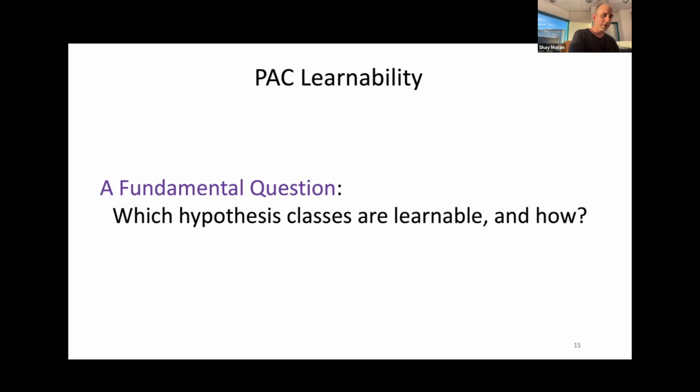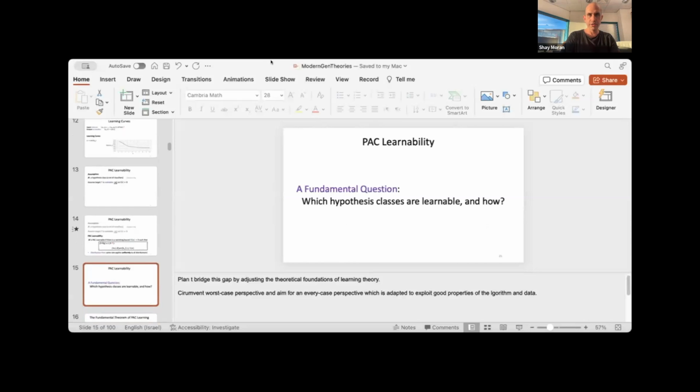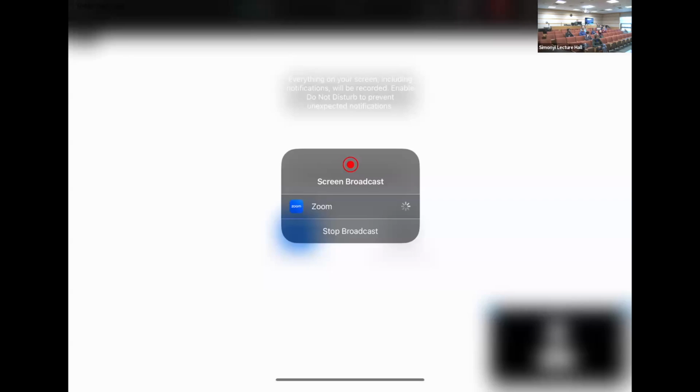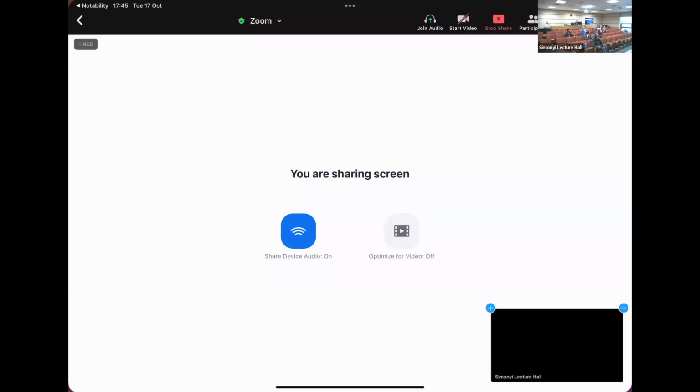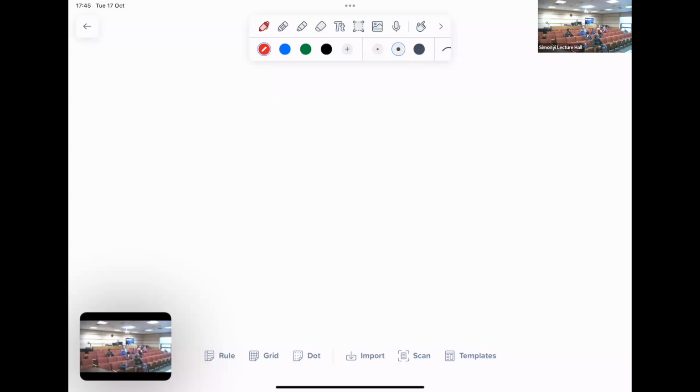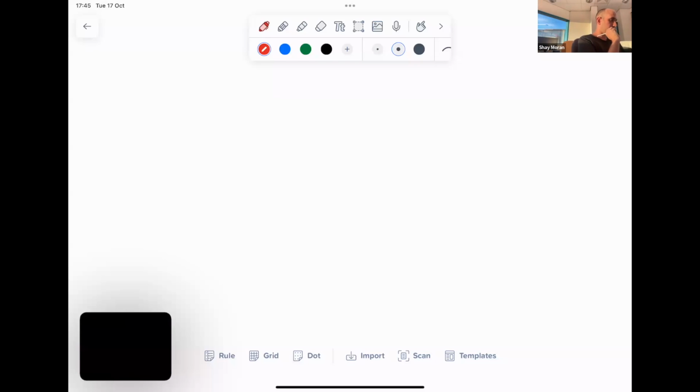Something a bit more technical? Okay, so now I need to move to the iPad, so I think what I'll do, I'll just temporarily disconnect and connect here. It would be nicer to be over there. Next time. Next time, yeah, hopefully soon, Avi. Yeah. Okay, so let's do this example.